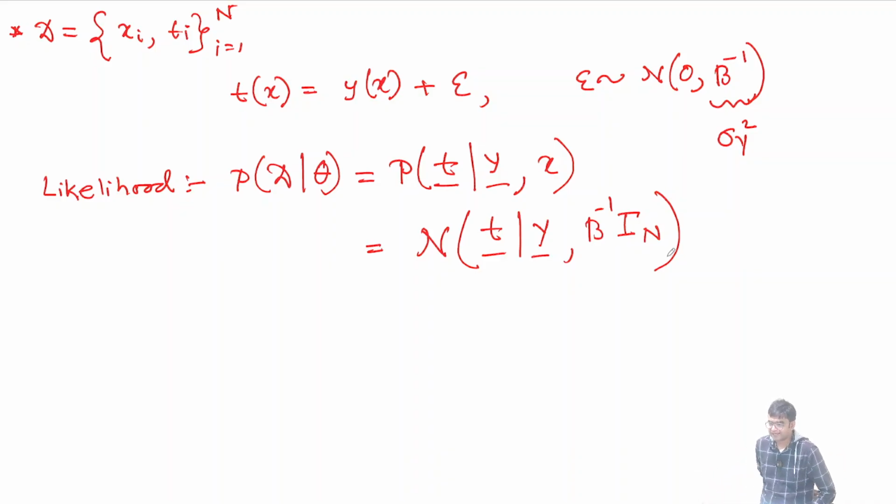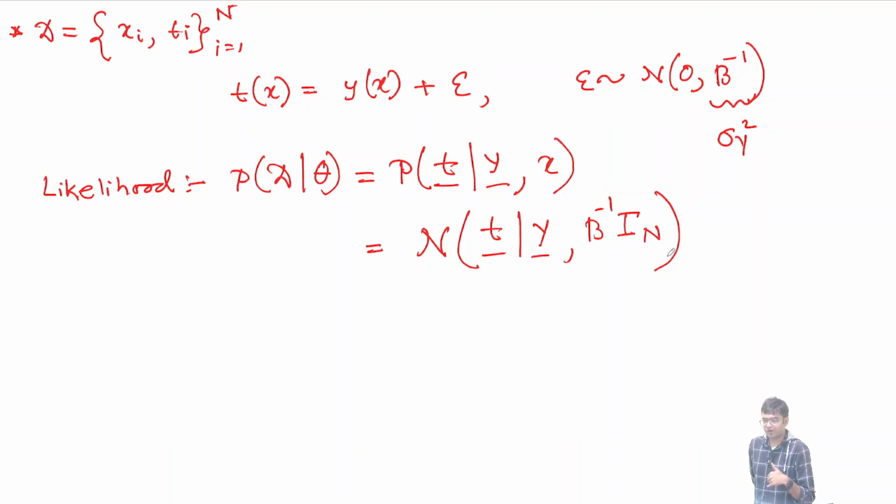Now in the maximum likelihood estimation, what is the principle of maximum likelihood estimation from last lecture? You maximize the likelihood to estimate the parameter. The parameter that maximizes the likelihood is your best or the most probable parameter. And we discussed that we cannot do it in this case, because in this case y bar is unknown, and